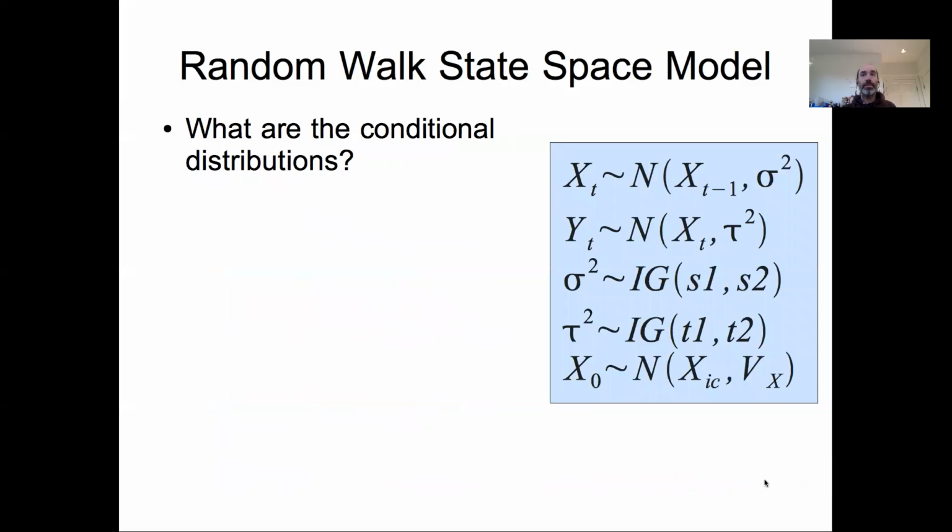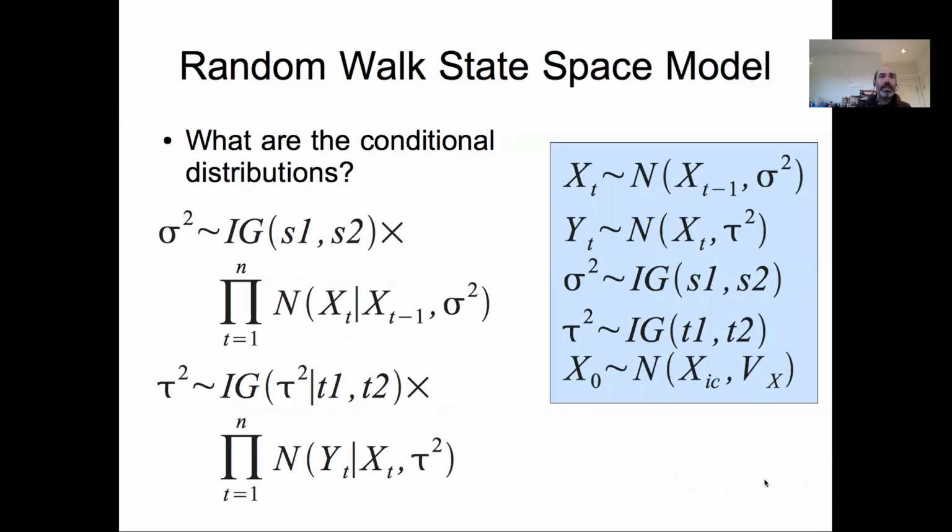Okay, if that was our full joint distribution, what are the conditional distributions? Remember, when we figure out conditional distributions, we just need to pull out the things that each of these parameters depend on from the full distribution. So if there's a term in the full distribution that does not have a sigma, then it doesn't end up in the conditional distribution. So if we want to estimate sigma, which is our process error,